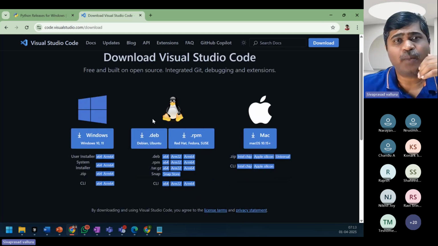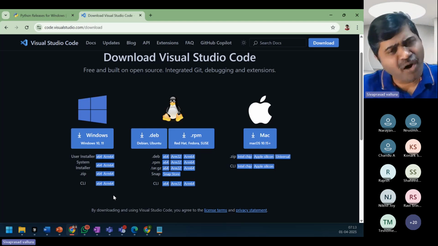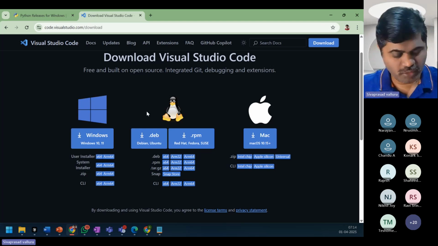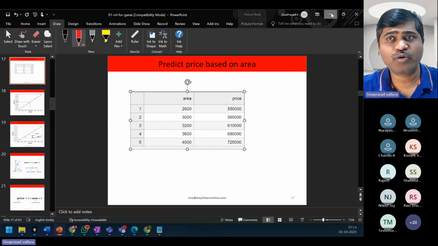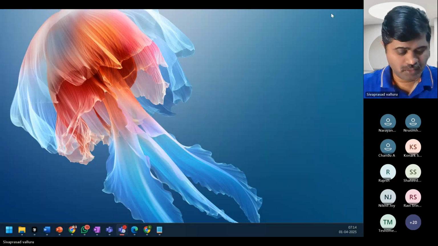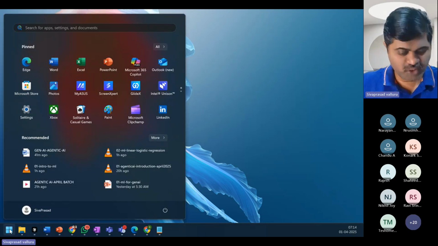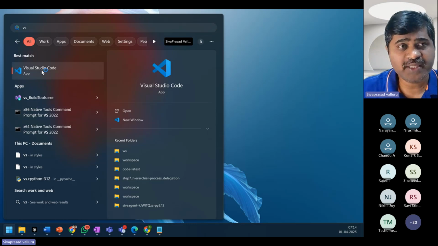Based on your operating system, you can download Visual Studio Code on your machine. Take all defaults and install Visual Studio Code. I have already installed Visual Studio Code on my machine. So I will just open this Visual Studio Code, which is already installed.